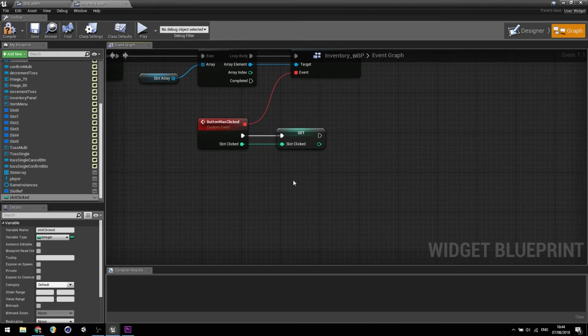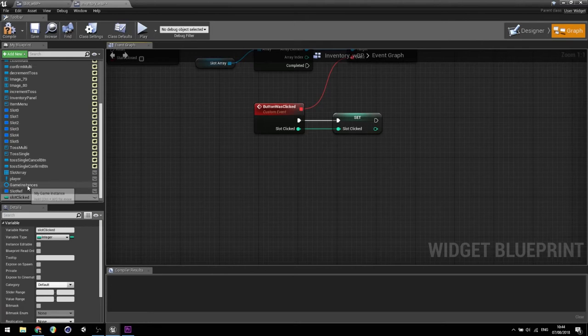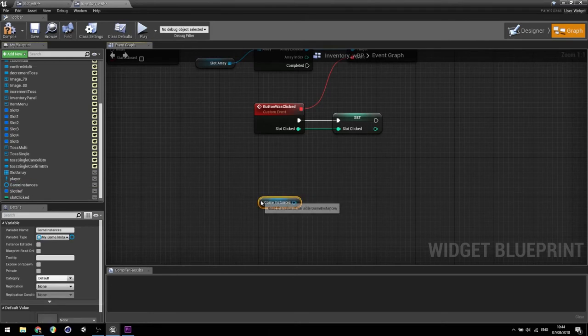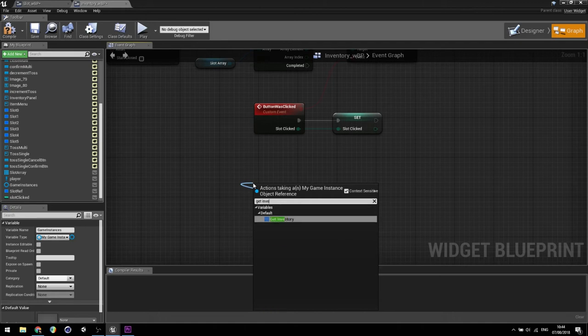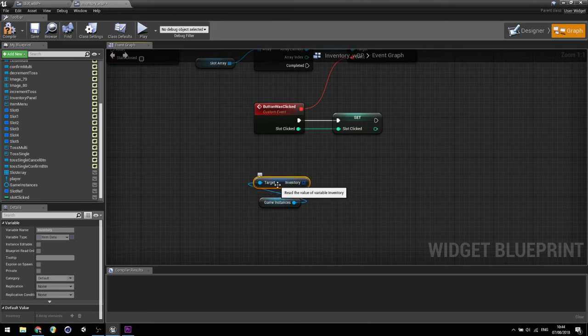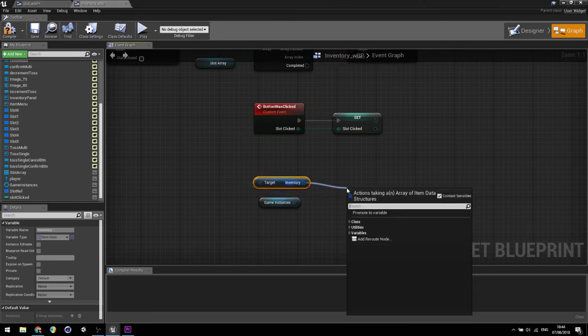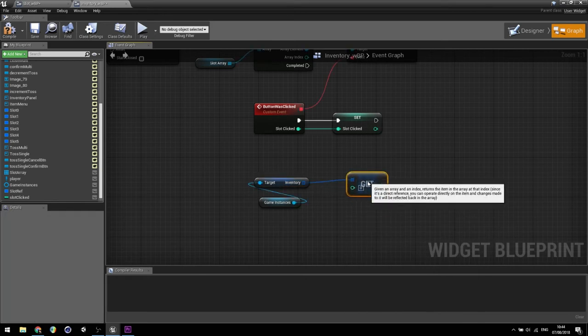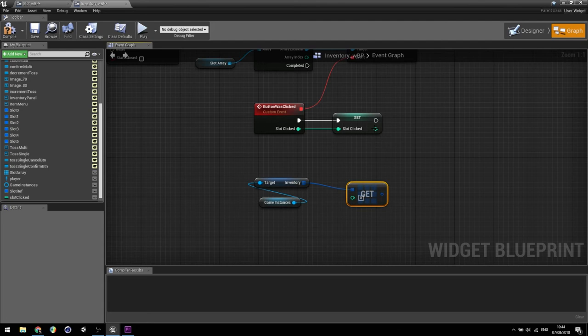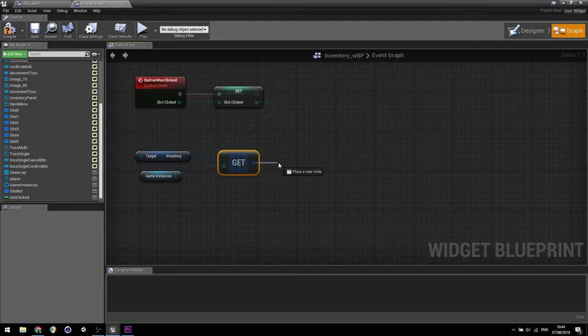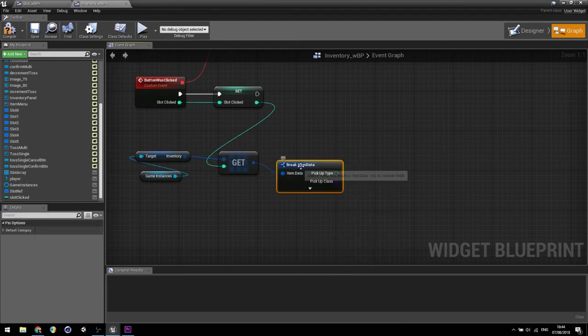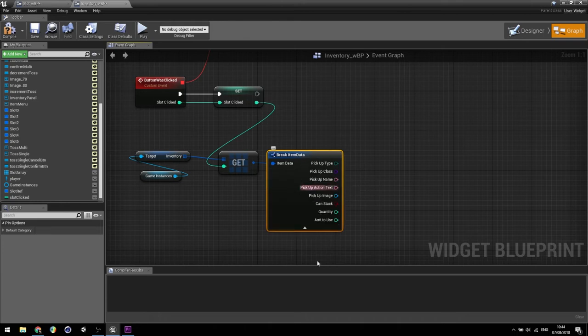So button was clicked. What we're going to do now is we're going to have a look at how we can pop up the menu and how we can pull through the correct information that we need. So we're going to need a copy of our game instance for this. So we're going to click and drag that from the left, and we're going to get inventory. Now from the inventory, we're going to get a reference. And in terms of the array index, well, we can just grab our slot clicked and feed that into there. And as usual, we can break the item data